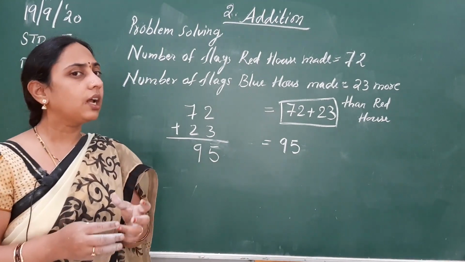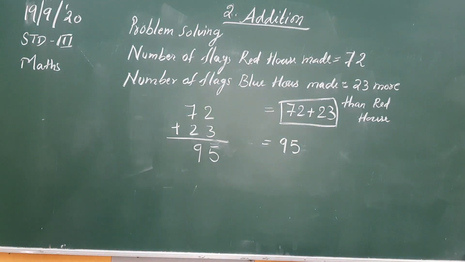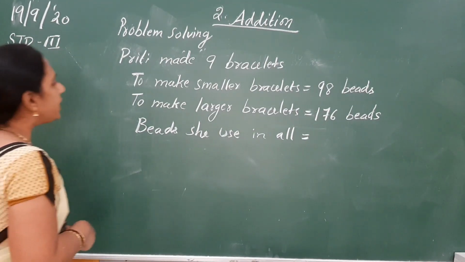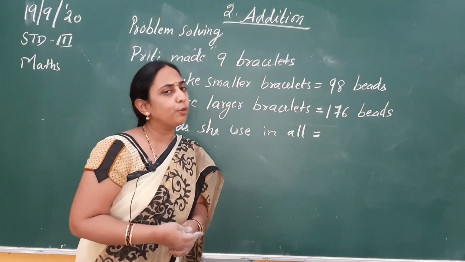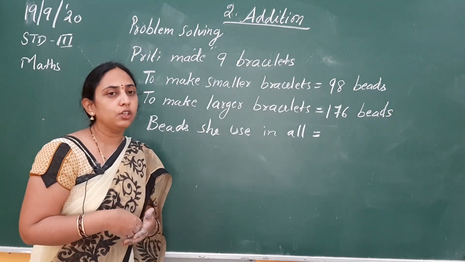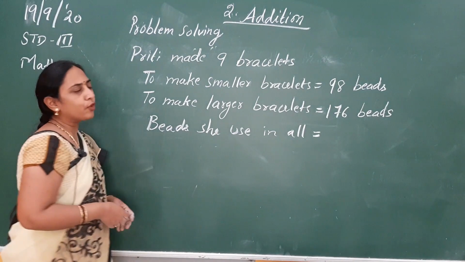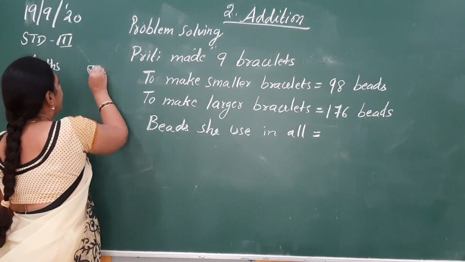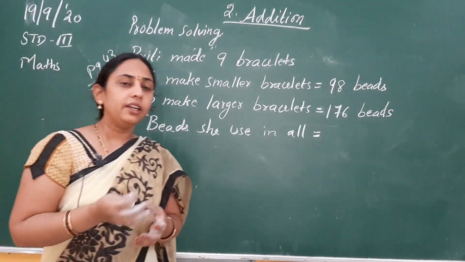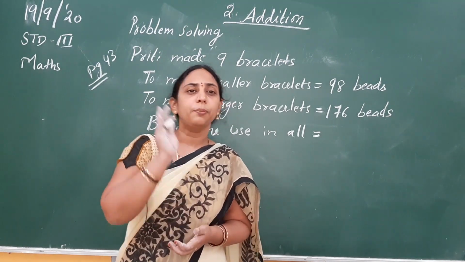Now there are some other typical types of problems also. For example, in some questions you will get some extra information also, but that is not required to solve the problem, okay. So on your page number 43, you have some typical questions, where they have provided some information in the problem and they have asked you to underline the information that is required by us to solve the problem, okay.